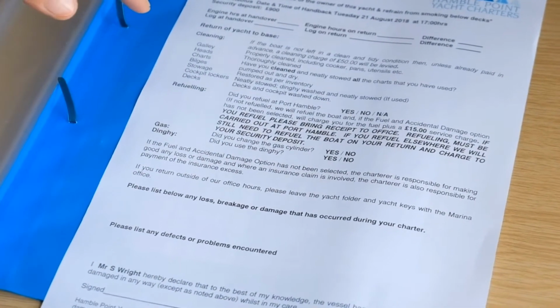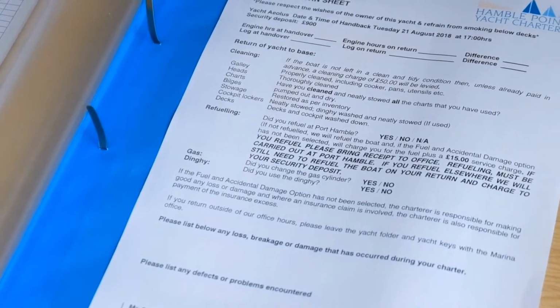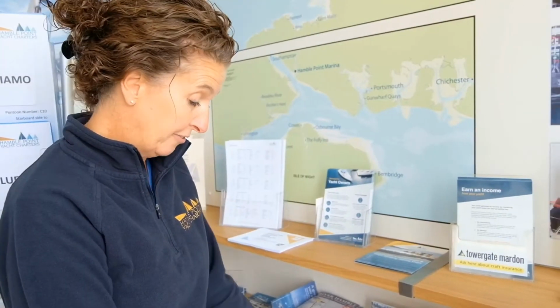On the return of the charter, make sure that you're here 90 minutes to an hour before you're due to exit the yacht. There's some reminders in here about how we like the boat left. Let us know if you have refueled. In the joining instructions, there's some details about the new requirements for refueling at MDL, so please do make sure that you follow those. Let us know if you've used the dinghy or if you've changed the gas,